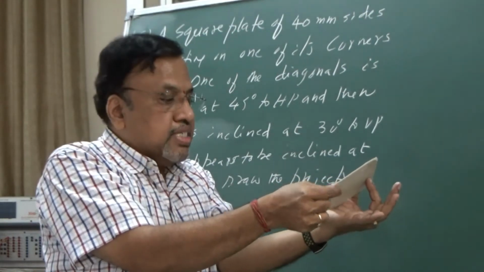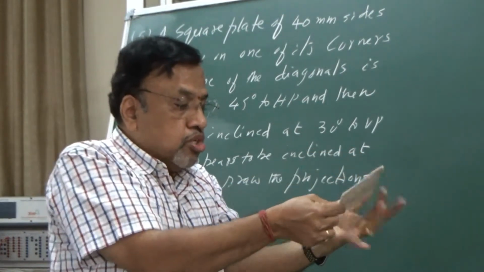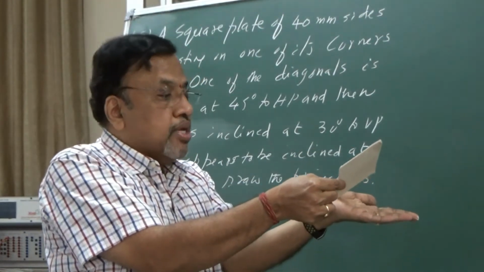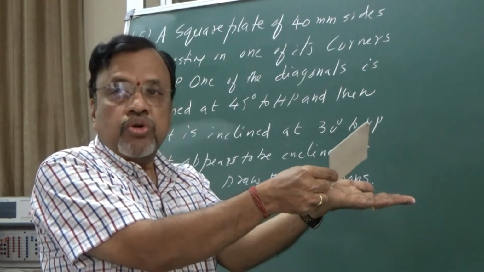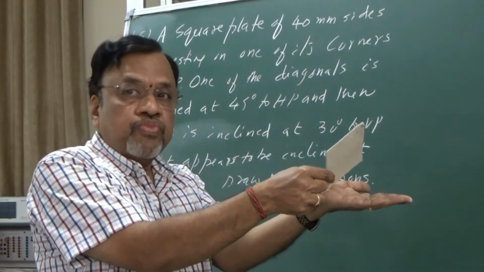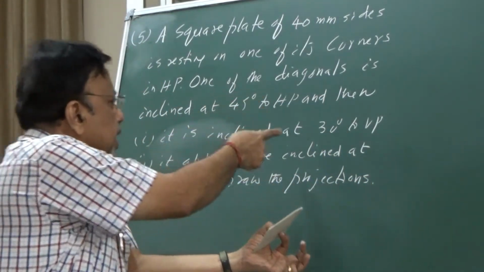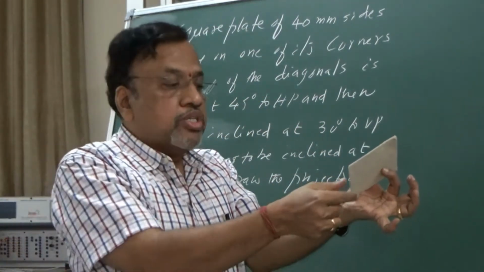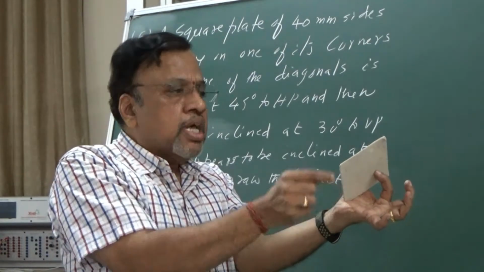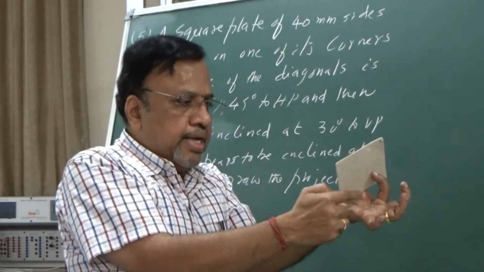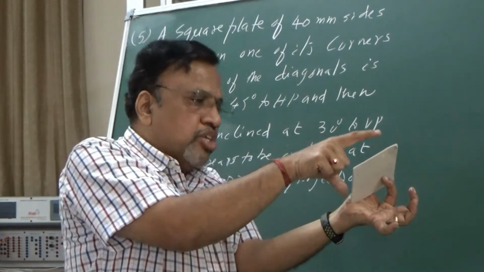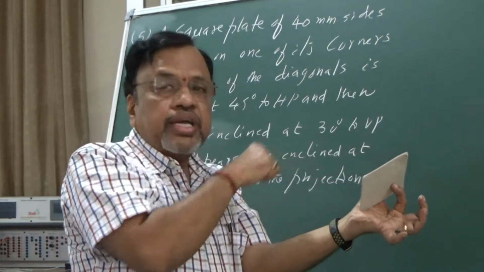That is, in the second stage, the diagonal passing through this particular corner has to be inclined at 45 degrees. So this is what I am going to do. Okay, now what is the next step? In the next step, I have given, it is also inclined at 30 degrees to VP. So which is that particular one? The diagonal. That is, the diagonal which was inclined at 45 to HP, this particular diagonal should also incline at